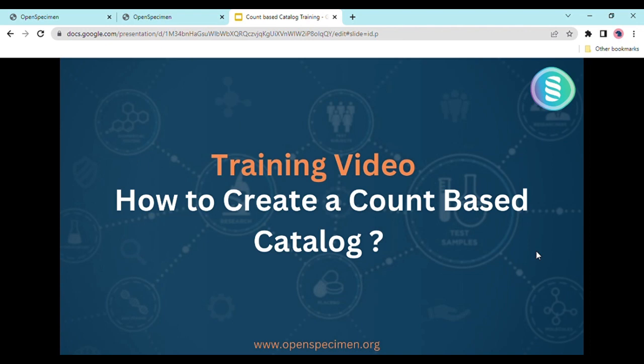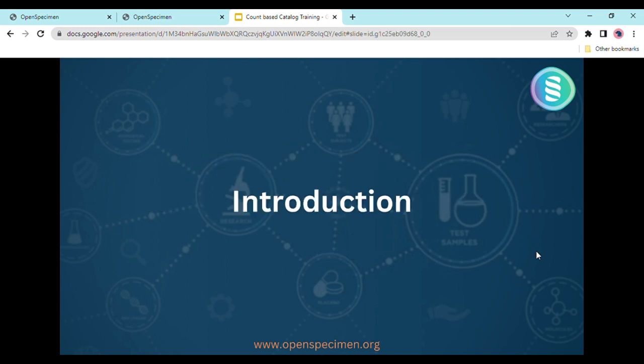Hello all. In this video, we'll see how to create a count-based catalog. Open Specimen supports creating multiple catalogs. It could be either a private or public catalog. A private catalog is for the Open Specimen logged in users, and the public catalog will be accessible to anyone who